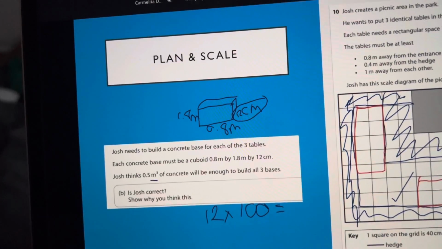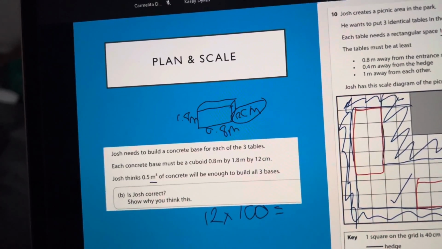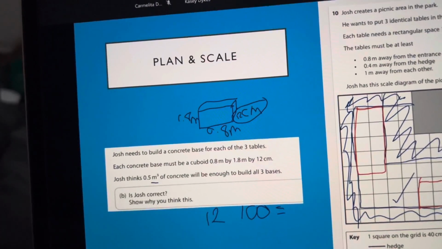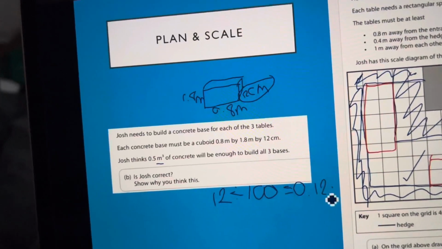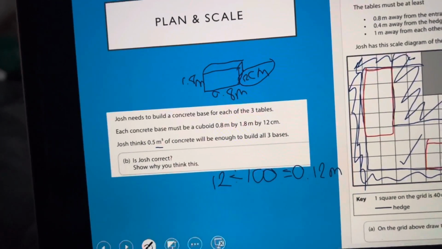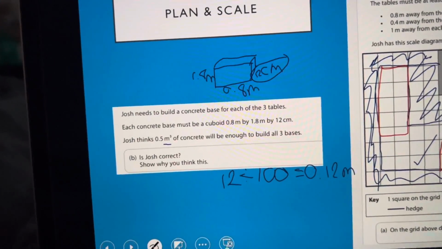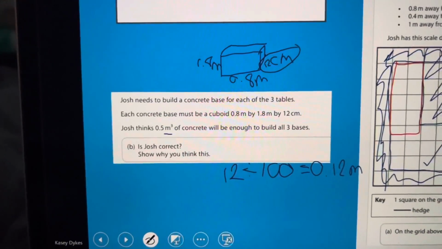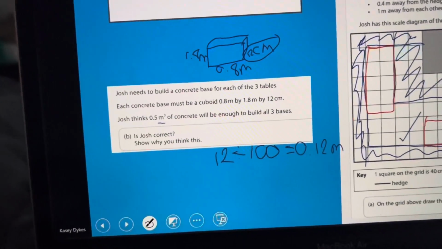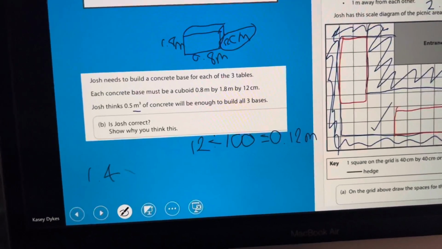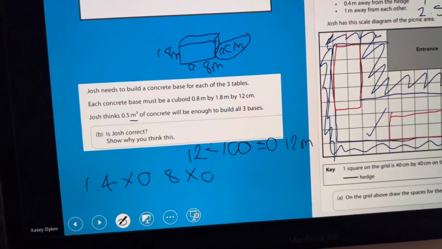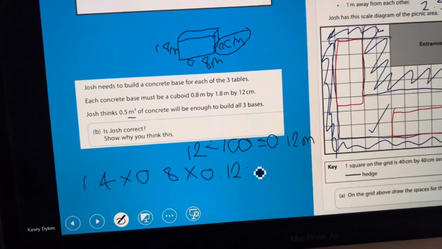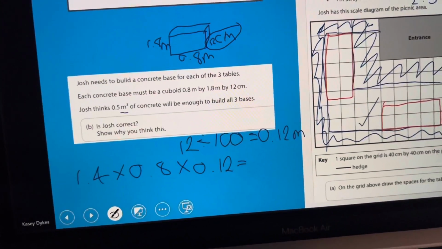No, hold on. I'm still dividing, sorry. Why did I say that? To get me 0.12 metres. So to find the volume, we're just multiplying our 3 lengths. We're doing 1.4 times 0.8 times 0.12. That's going to give me